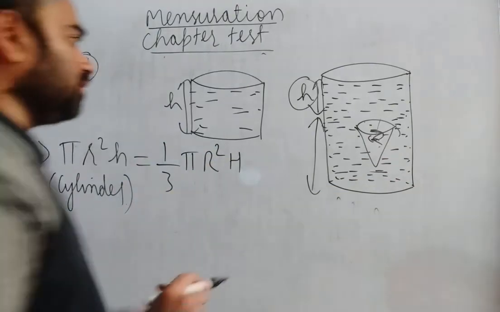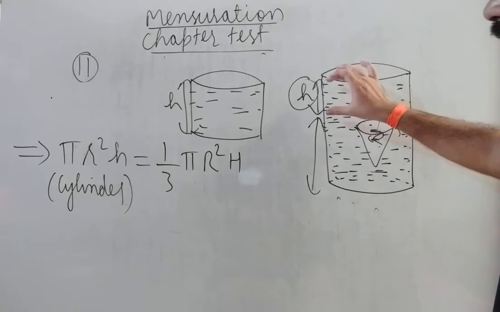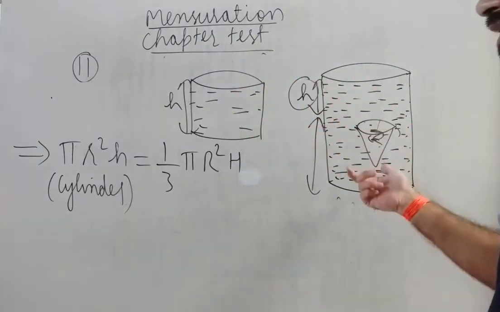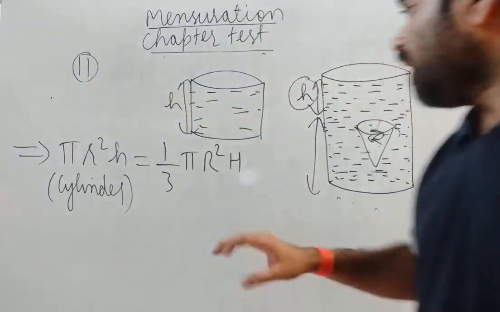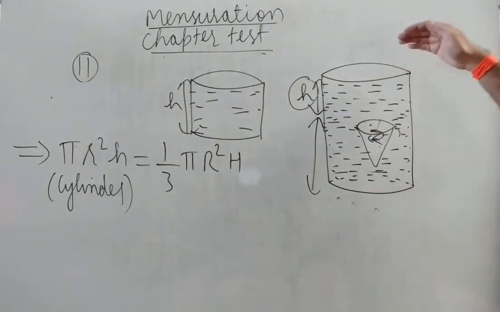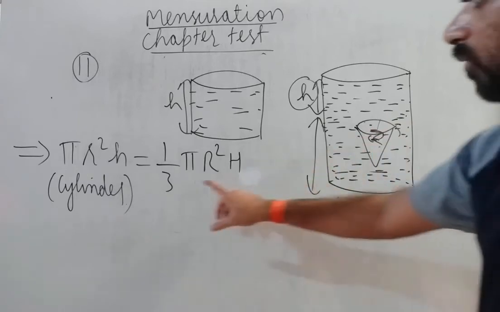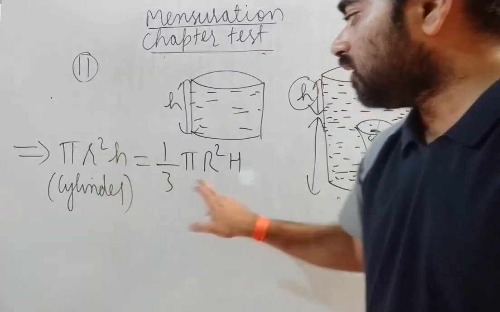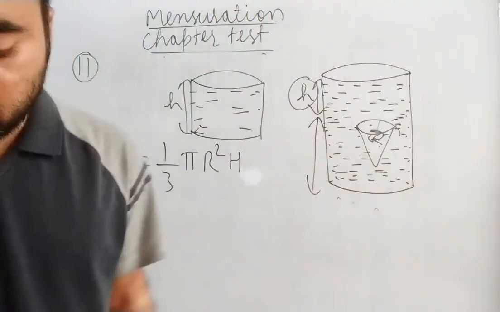See what we have done. We are taking the volume of water risen. So the volume of water risen will be in cylindrical form. Why? Water is in the cylindrical jar. That is why the formula is the volume of a cylinder. And why did this happen? Due to the lowering of the solid cone in the cylinder. It means the volume of the solid is the volume of the cone. We have taken different dimensions: small r and h for the cylinder, capital R and capital H for the cone. Now we are going to substitute the values.